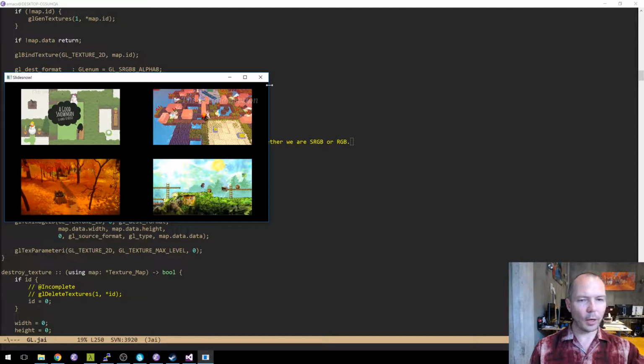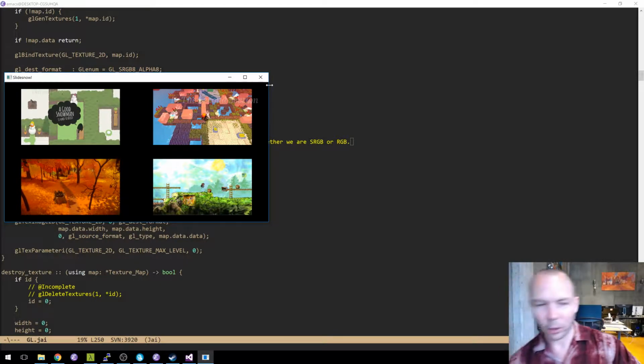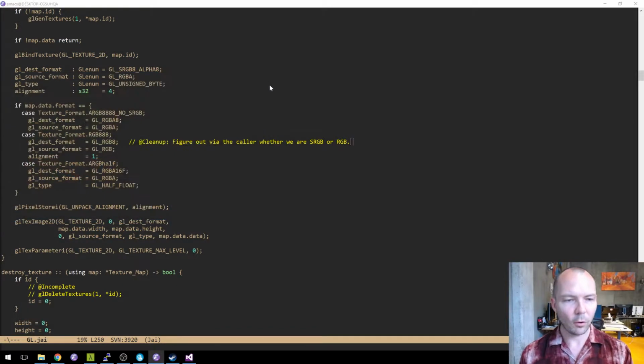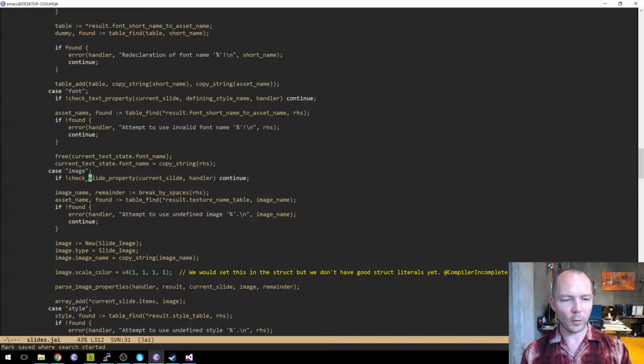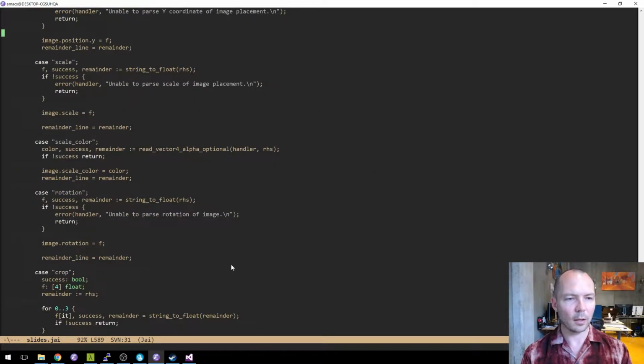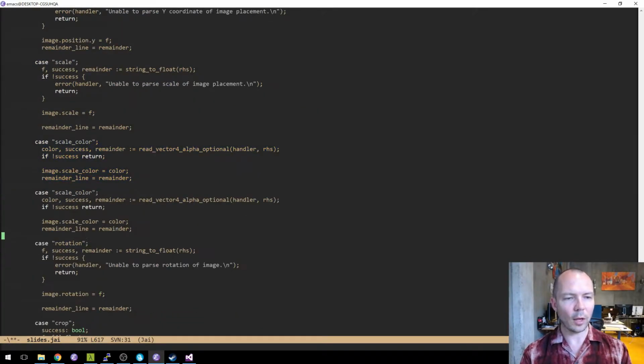Now, I think we're going to add, what did I say, borders and border colors, which are like border collies, but not. So remember, when we say image, we sort of go out to this parse image properties, which has a whole bunch of different things. So we're going to add to that. For example, scale color, well, we want to be able to say border color, right? And border color equals color. That's easy.